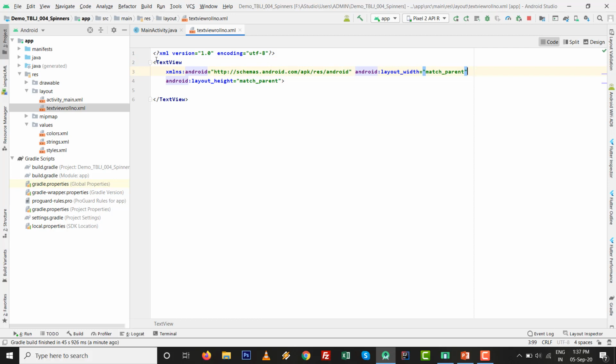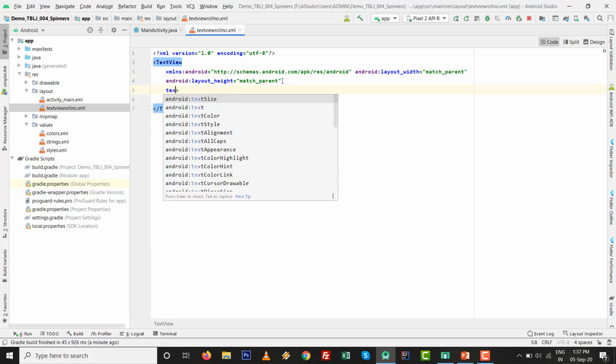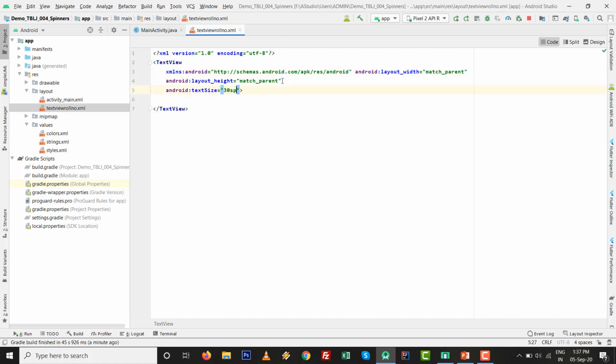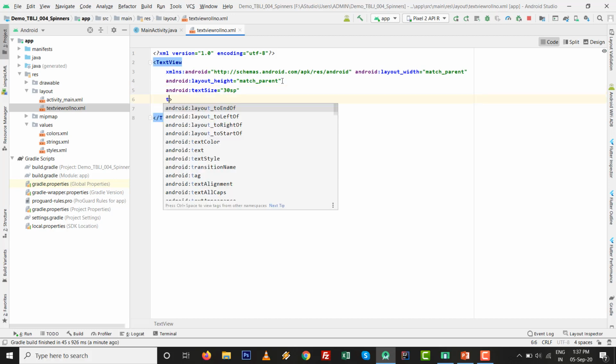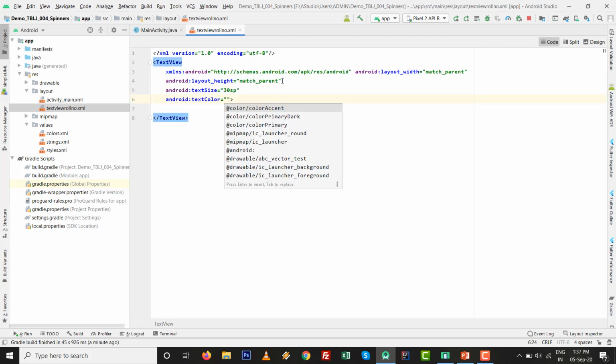Just make match parent, it is okay, again match parent, it is okay, and text size will be 30 sp, and make sure the text color of this one is for roll number.